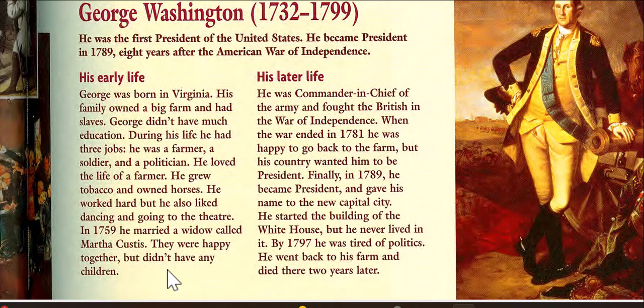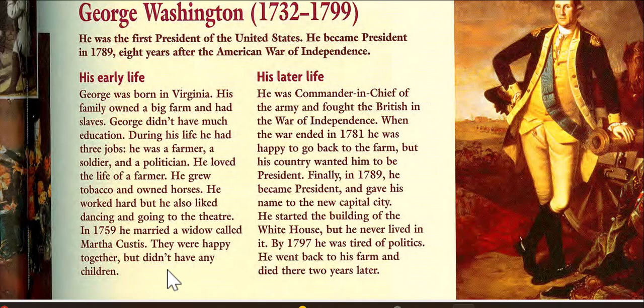He loved the life of a farmer. He grew tobacco and owned horses. He worked hard, but he also liked dancing and going to the theater. In 1759, he married a widow called Martha Custis. They were happy together, but they didn't have any children. His later life: He was commander in chief of the army and fought the British in the War of Independence. When the war ended in 1781, he was happy to go back to the farm, but his country wanted him